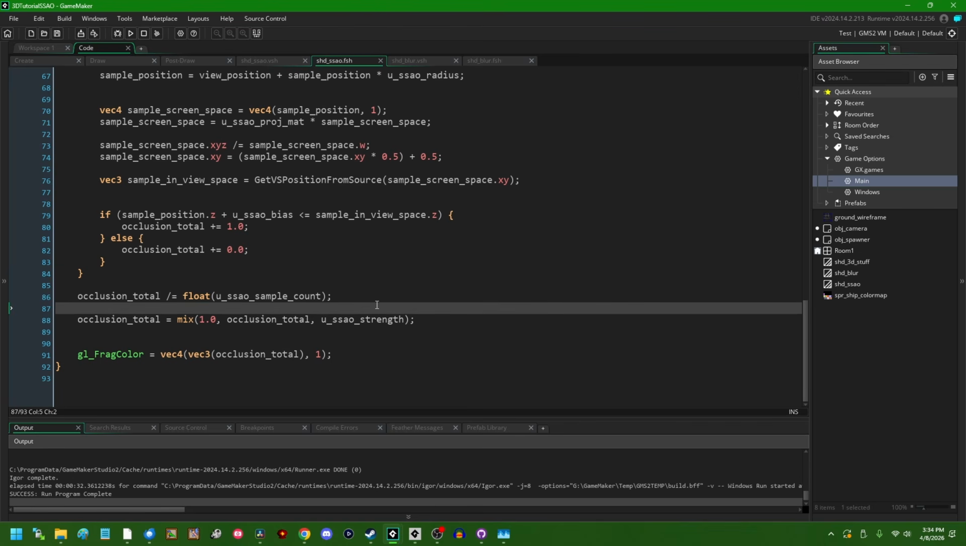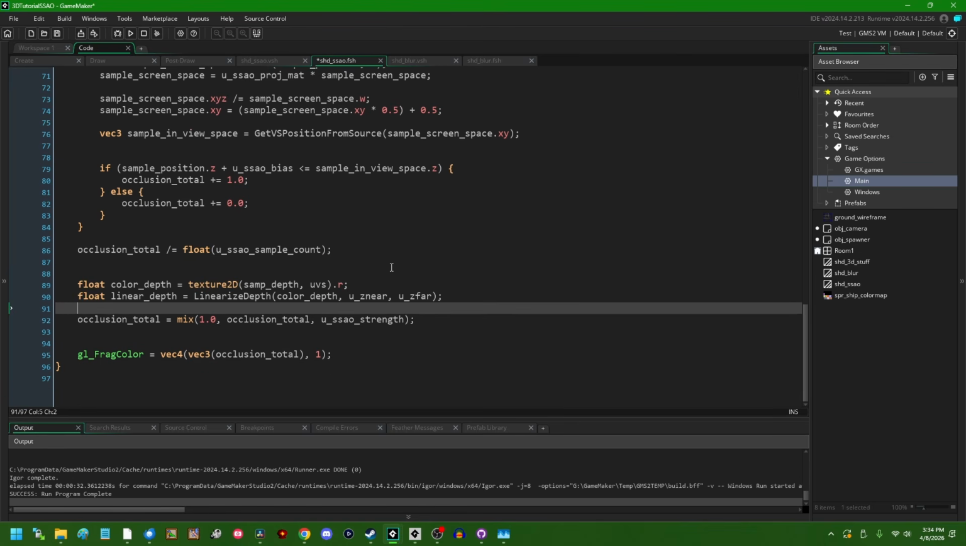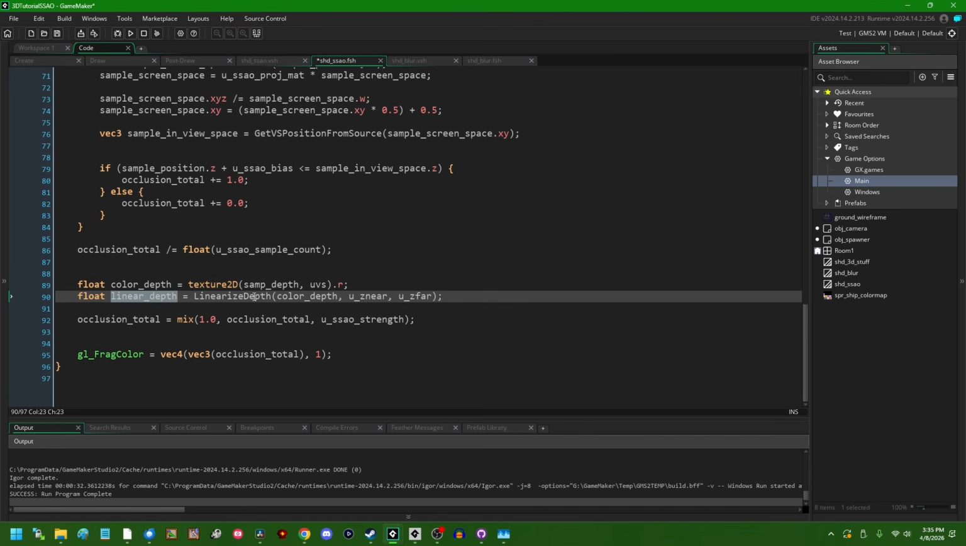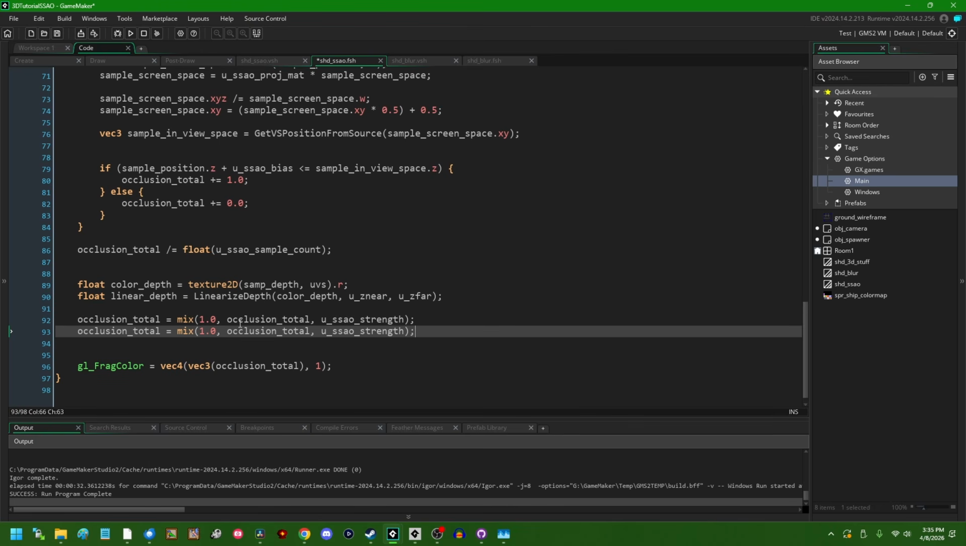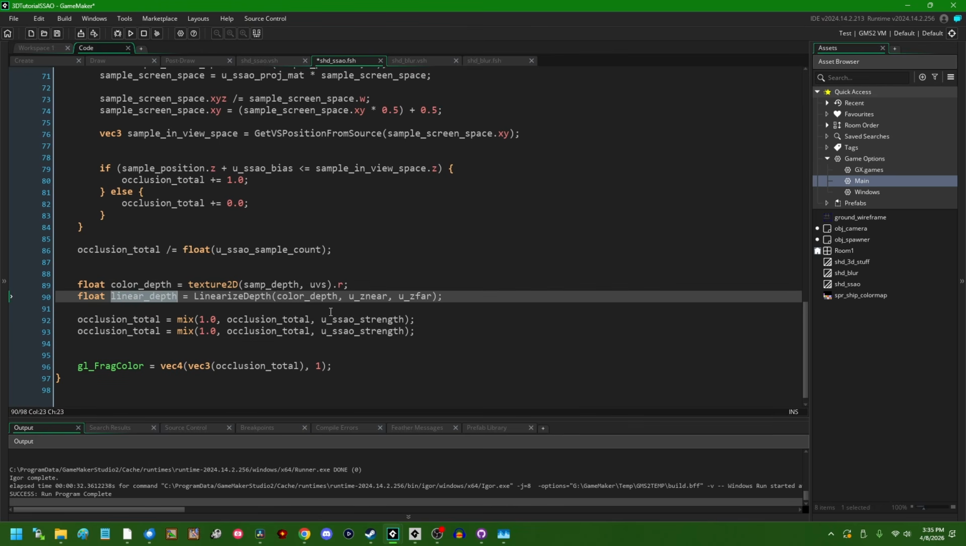And I'm just going to copy and paste this here. We are kind of computing it twice. We can get our linear depth like this. This is going to be a value between 0 and 1 for the depth of every fragment, but it's not going to be scaled, giving fragments that are closer to the camera more weight than fragments that are far from the camera. And you can also use this to fade out the SSAO effect on fragments that are farther away